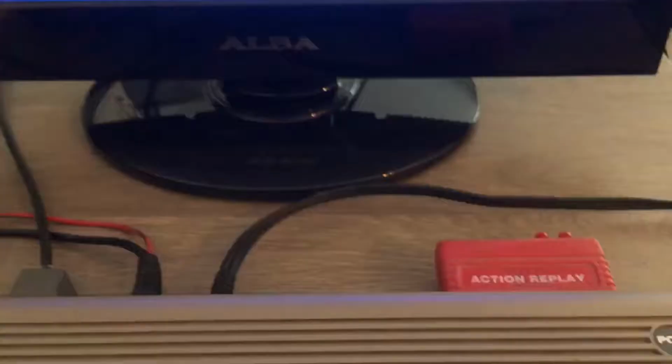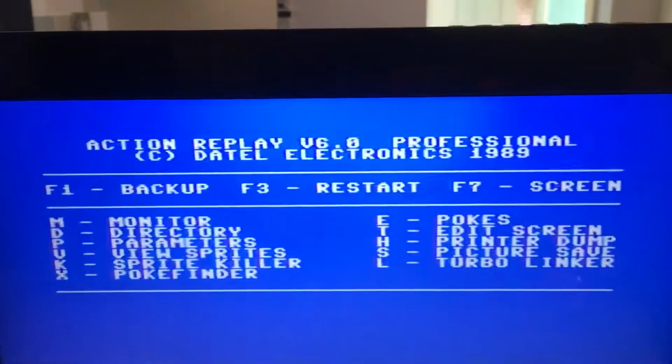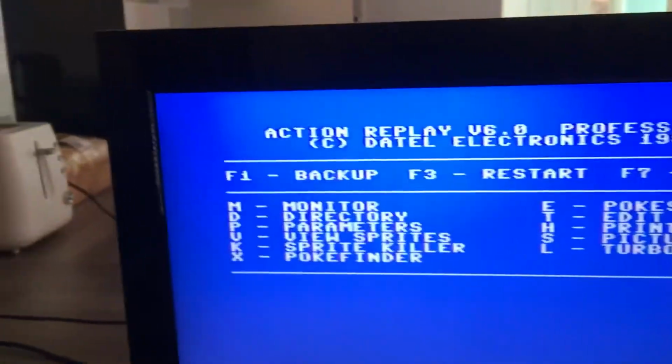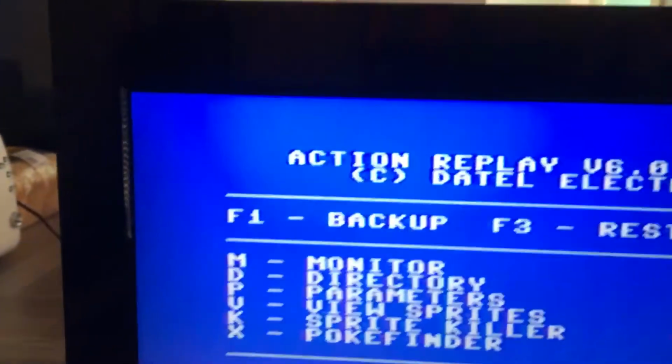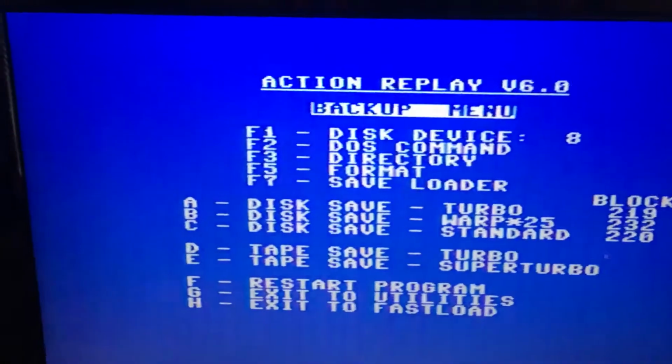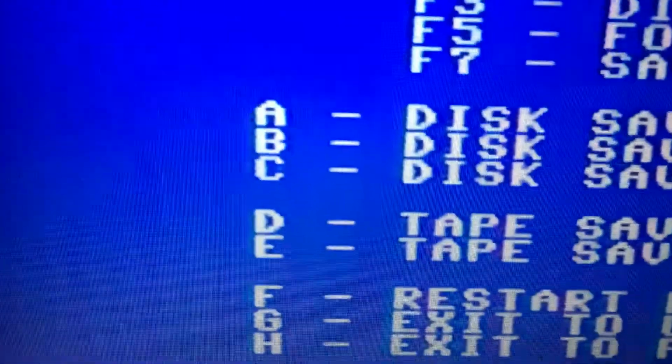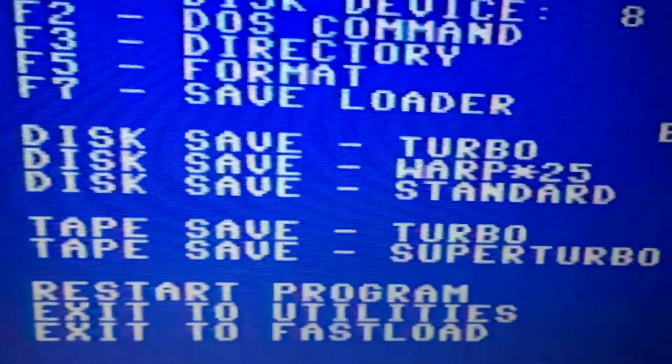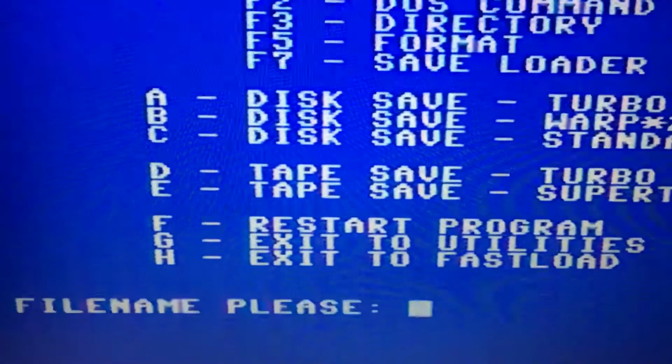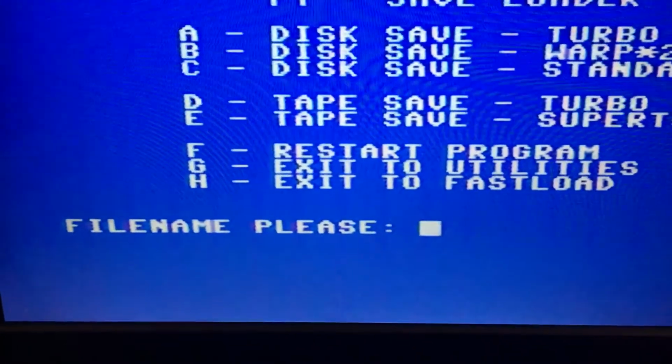Okay, so I've froze it using the Action Replay, and there is the menu that comes up. So I want to do F1 backup. So I do that one. Compiling it up, or whatever it's doing. So now I want to do C, disk save standard. So C, and file name I'll put as big,